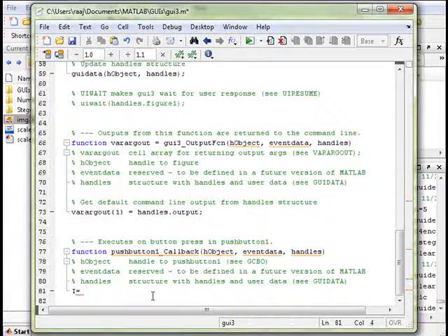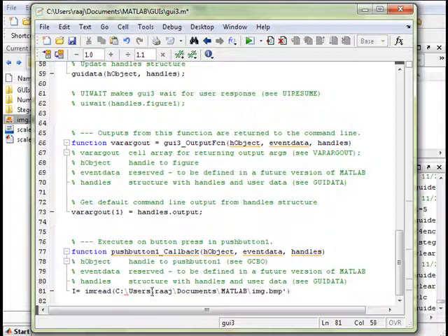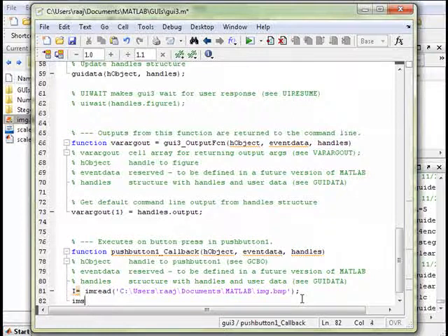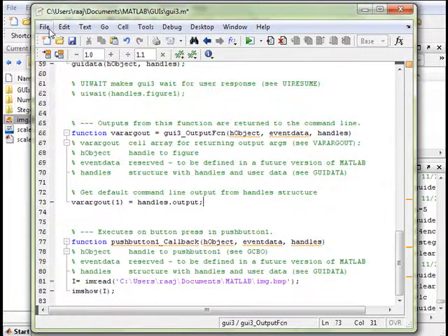I equals imread, the path, then imshow I. Saving this Matlab file,